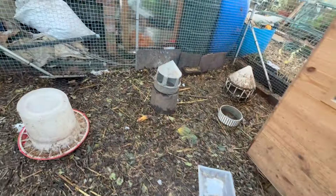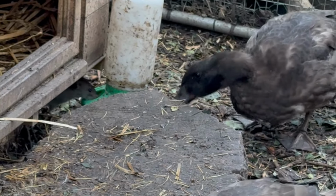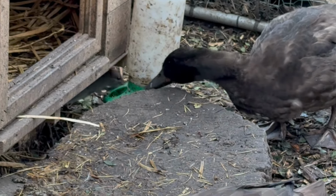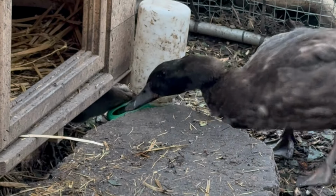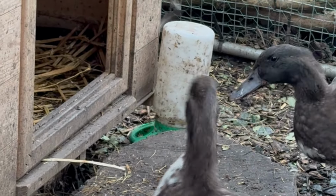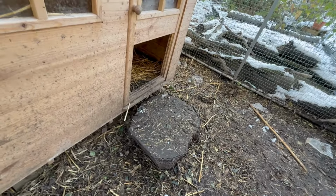I came down and I was just sat there minding my own business, finishing off my sandwich before I left for the day, and I saw that a rat was underneath the pen, and it was just helping itself to the food with the ducks there. It looked like they were just roommates. I don't know how long it had been there, but it looked like...